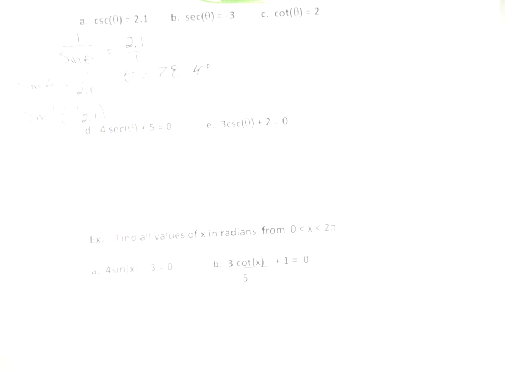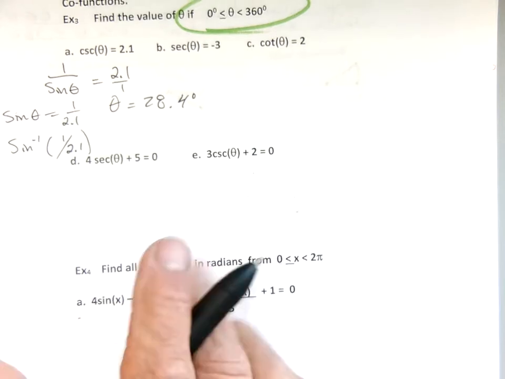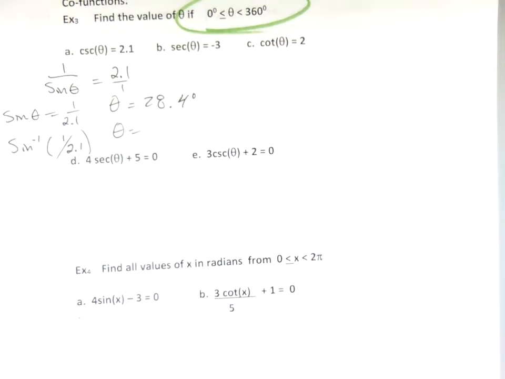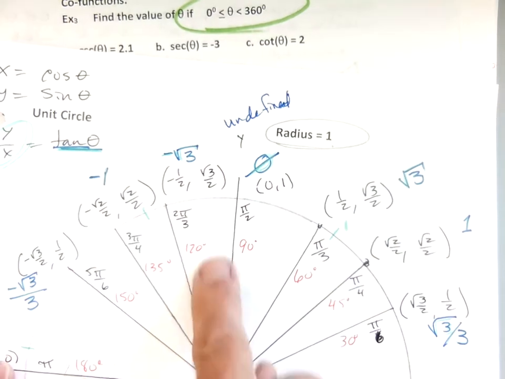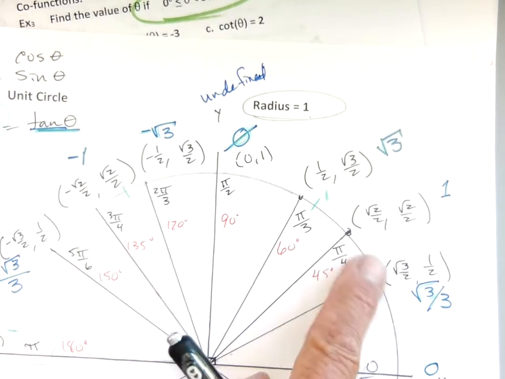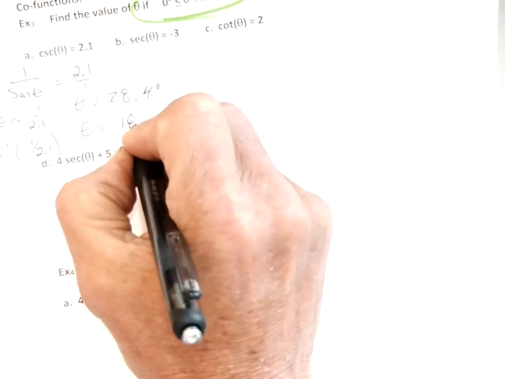28.4 degrees. Okay. Now to find its reference angle, its other angle, we're going to subtract from 180, because we know that sine is a y value. If one angle's over here, the other angle's got to be over here. So I'm going to subtract from 180 to get this angle. So I'll just go simply 180 minus my